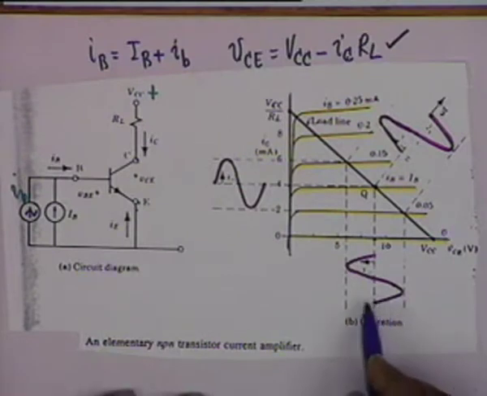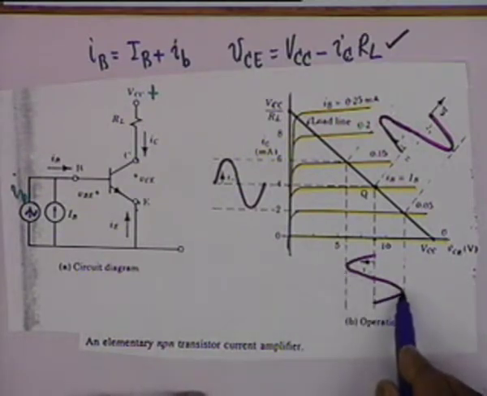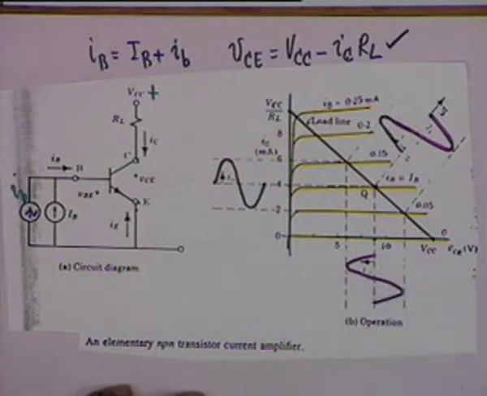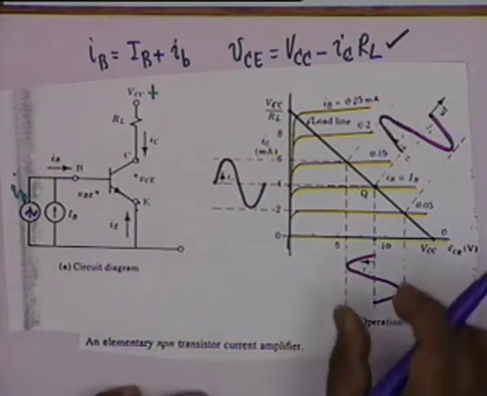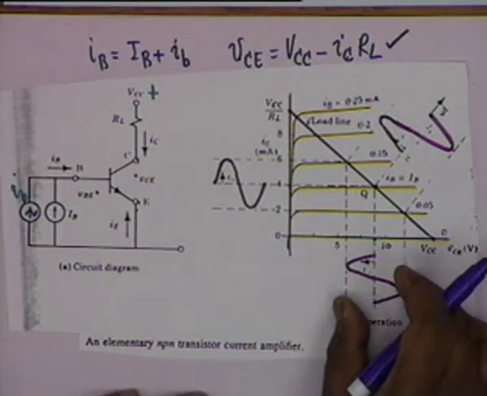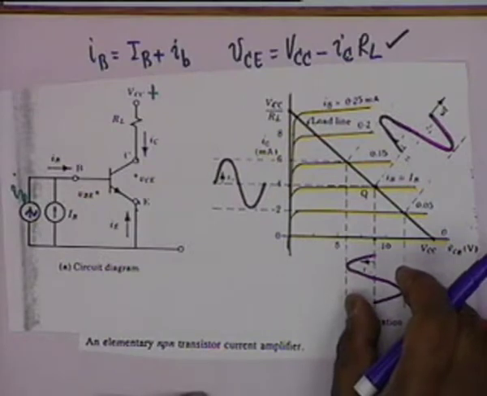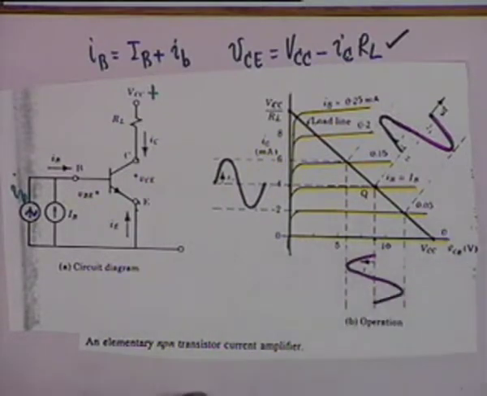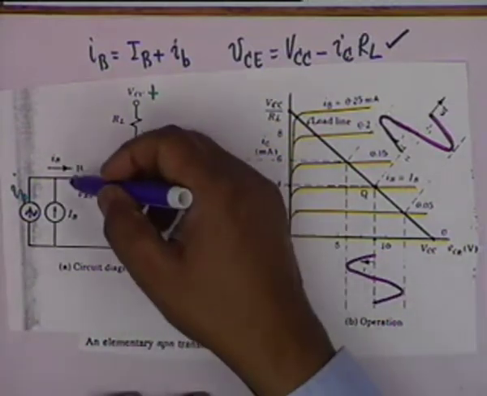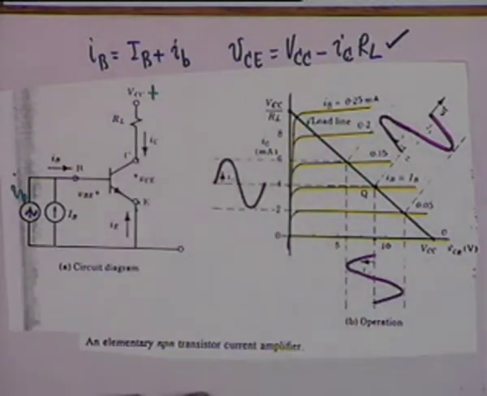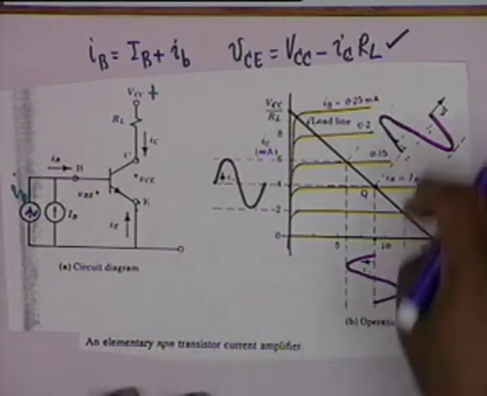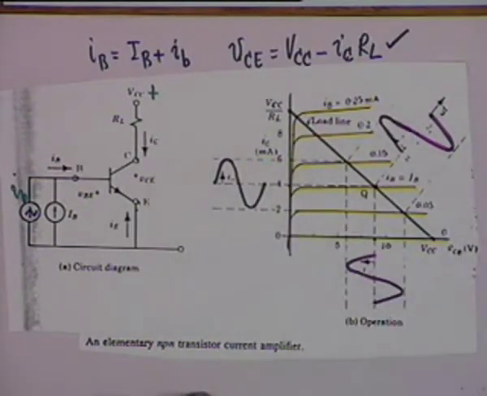And you see the voltage variation now goes from 5 to 15. That is, there is a 10 volt peak to peak variation. All right. And this 10 volt peak to peak variation is a large amplitude variation caused by a very small current variation at the base, and therefore there shall be a voltage amplification also. We would be able to say how much voltage amplification if we knew the equivalent resistance between base and emitter. Well, we shall calculate this later, but qualitatively, is the picture clear to you that the common emitter transistor can amplify current as well as voltage?